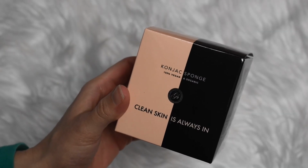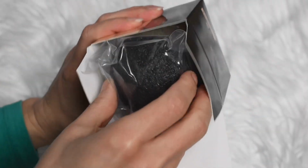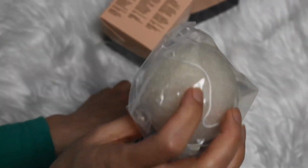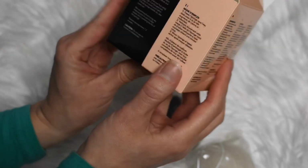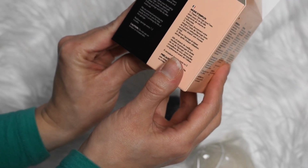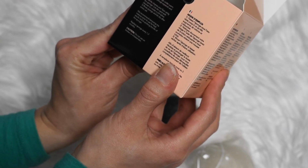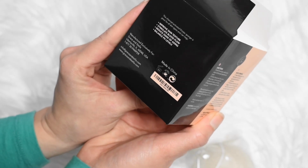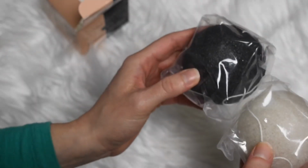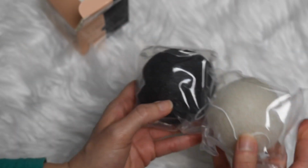So we have a Konjac sponge. It's 100% vegan and organic. Whoa. What the heck? So inside we have a black and a white sponge. There's a little string attached. I have no idea what these are. So these are some kind of cleansing sponge. It says to soak the sponge under warm water until the sponge expands and is soft. Gently cleanse your face using this sponge. Can be used with cleanser to create a rich lather. Rinse sponge and let air dry after each use. But I don't know why one is black and one is white. I imagine this one's charcoal, but it sounds like they're both charcoal, so a little confused, but I'm excited to